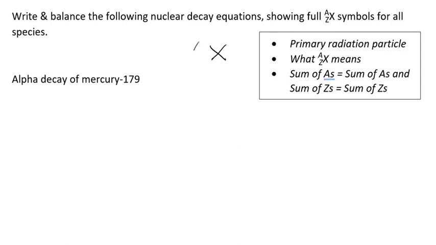The top number is always the mass number. So it's either the mass of the nuclide, the mass of the nucleus, or the mass of the radiation particle. The bottom number, Z, we know as the atomic number,